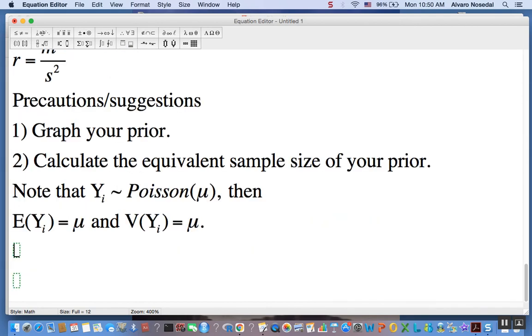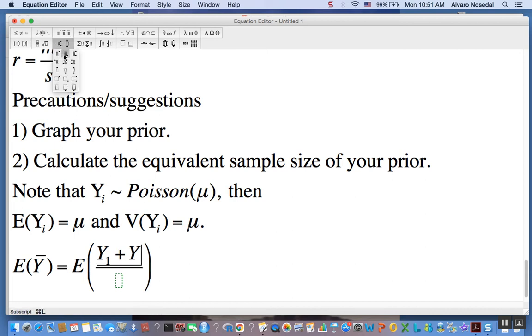So now let's find the expected value of y bar, the sample mean. So the expected value of y bar would be the same as the expected value of y1 plus y2 plus y3 plus ... yn divided by n. Agreed? So let me do that. y1, y2 ..., yn